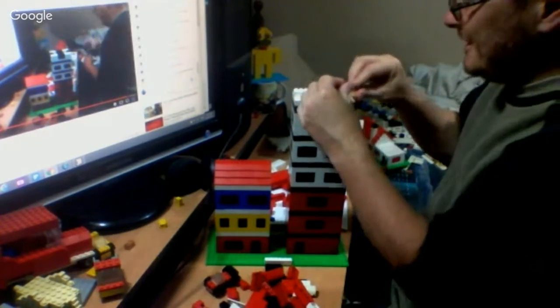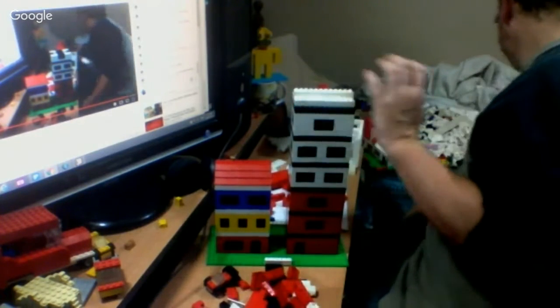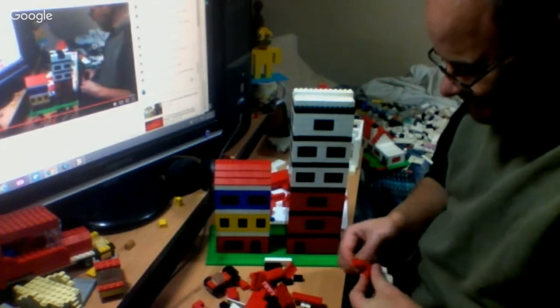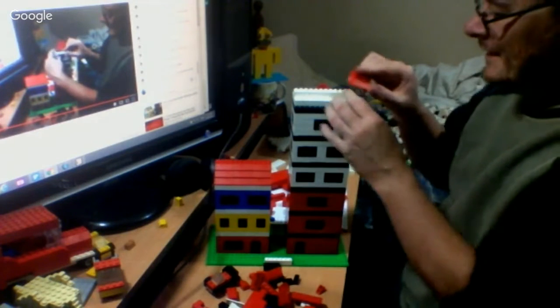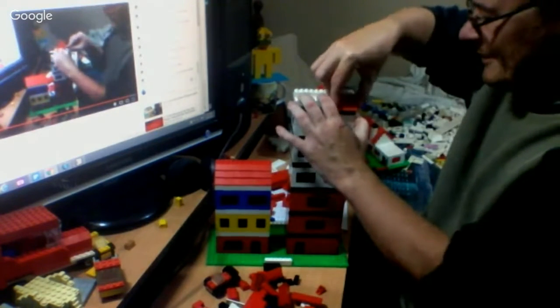So I've used up all the white pieces I was intending to build with, just to do this 1960s build. Yeah, I got the blue pieces. They're like a whole different section for the